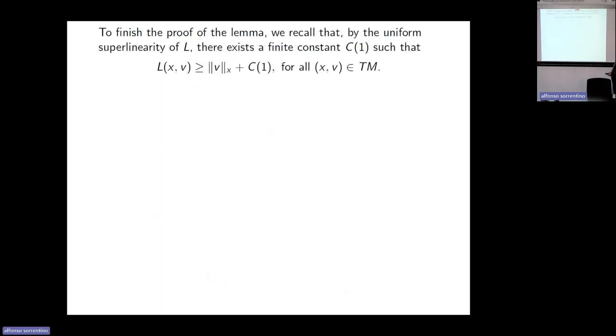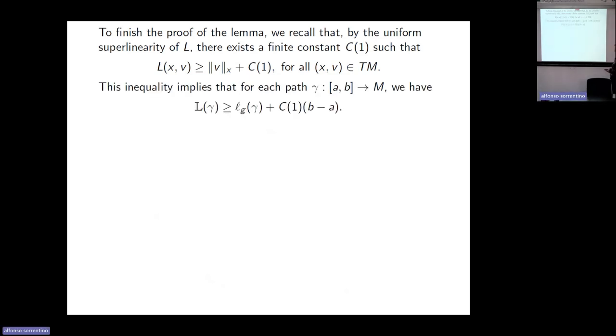To finish the proof of the lemma, we need to use the superlinearity of L, but only for k equal 1. It's growing to infinity with v. It's coercivity, it's not really superlinearity that we are using here, but we needed the superlinearity to be able to use, for example, Tonelli's theorem. But anyway,